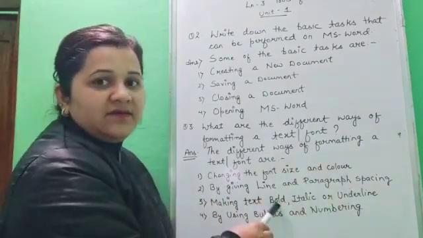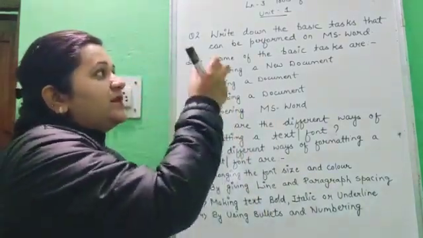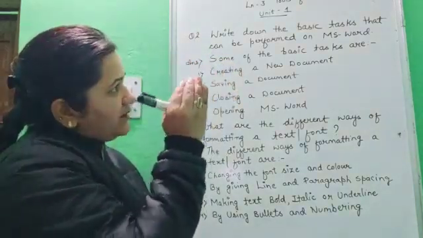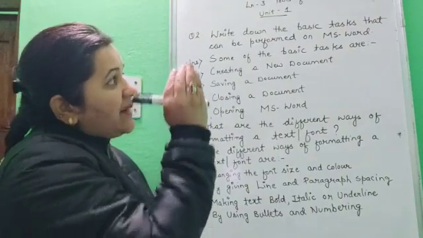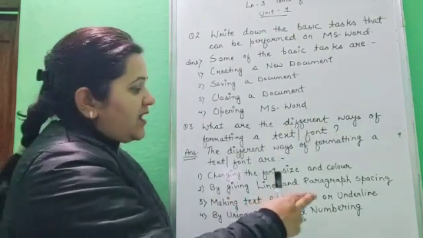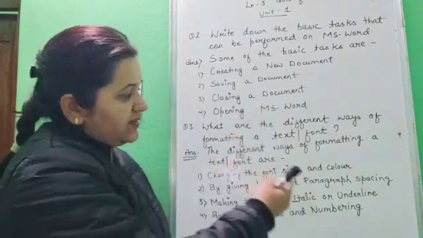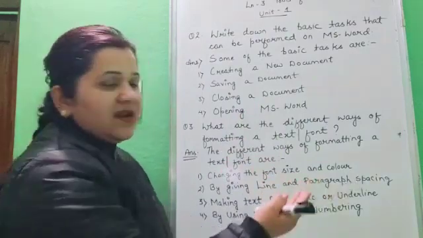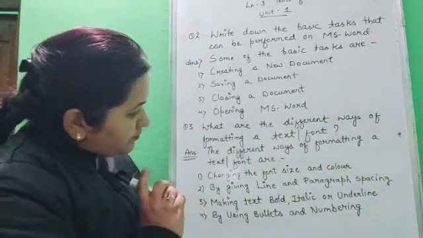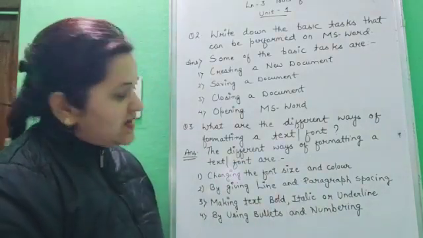Bold means darker. If you want to emphasize a particular word, make it bold, make it dark, so that we can easily grab attention towards that word, so we use the bold. Okay, if you want to italicize, it means to slant, to bend down, then we use italic. If you want to underline that particular word, then we can use underline also. So we can bold a text, we can italicize a text, or we can underline it as well.